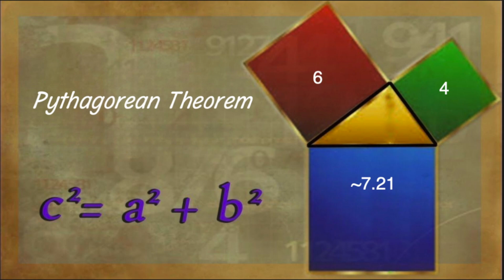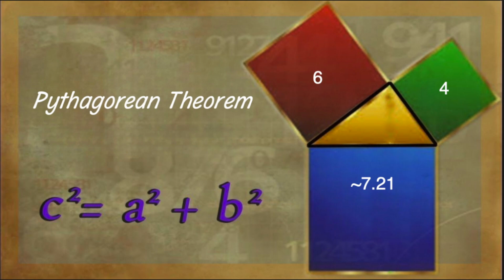The Pythagorean theorem was created by an intelligent philosopher named Pythagoras. The Pythagorean theorem can be used to find the unknown side of a right triangle, often being the hypotenuse. For example, if two legs of a right triangle are given as 4 units and 6 units, then the hypotenuse,